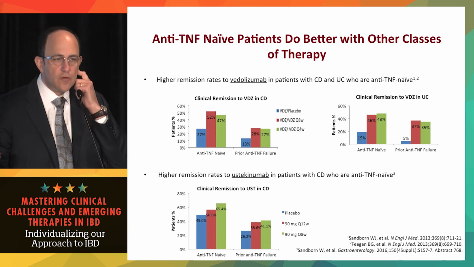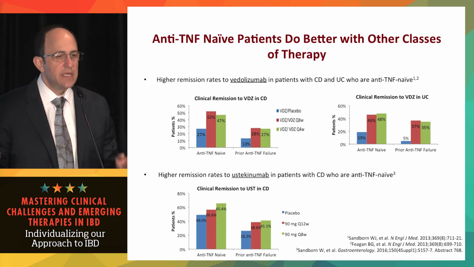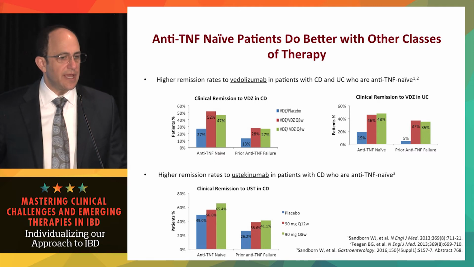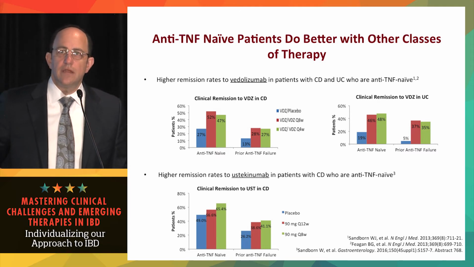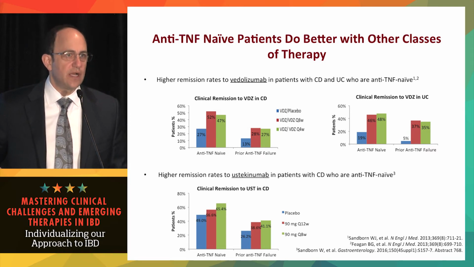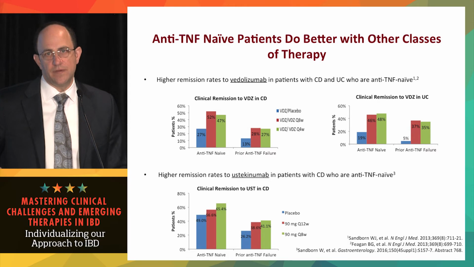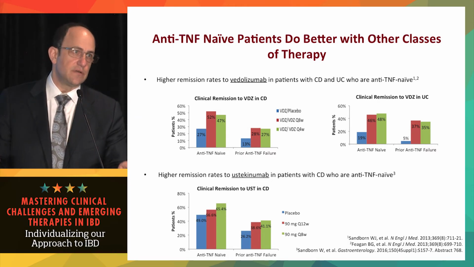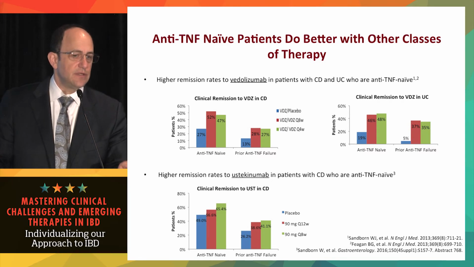Now, another pearl for you about primary non-response is when you look at vedolizumab, which is the top of this slide, and ustekinumab, which is our newer agent, at the bottom of the slide, the message is clear that in patients who have already failed anti-TNF, for whatever reason, intolerance or non-response or loss of response, they are less likely to respond to the next mechanism. They are less likely to respond to vedo or to ustekinumab. So the message is choose the right therapy up front, use it appropriately early, and you're going to have a